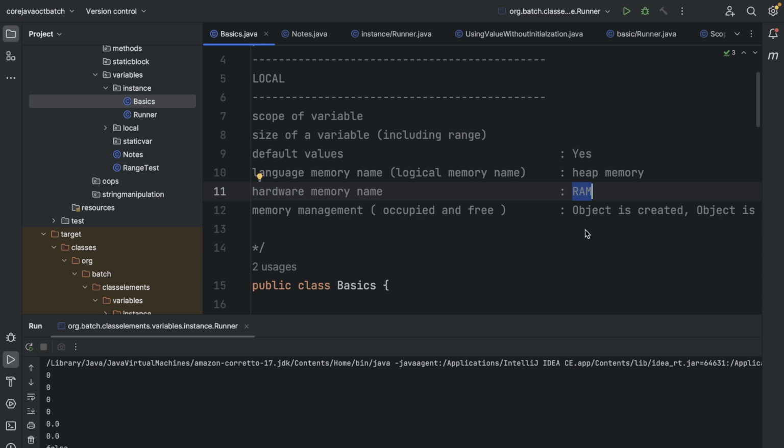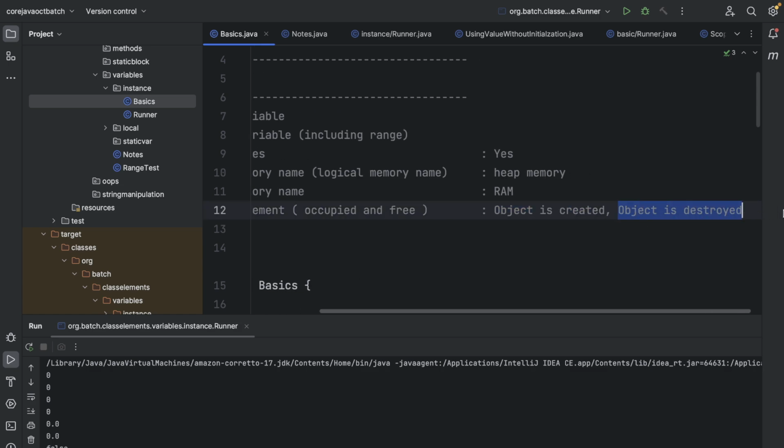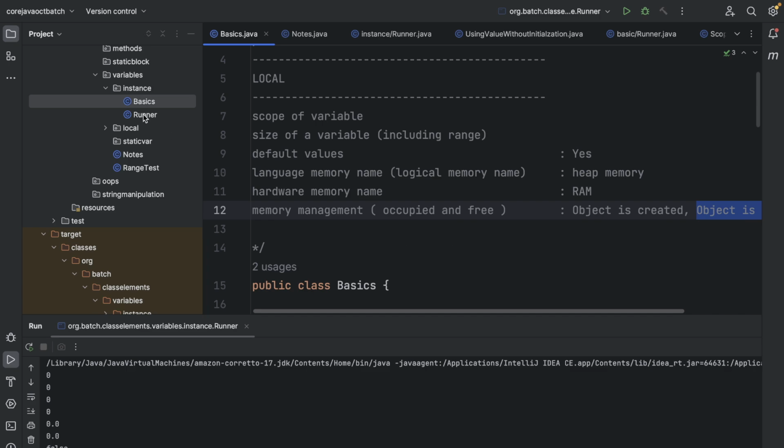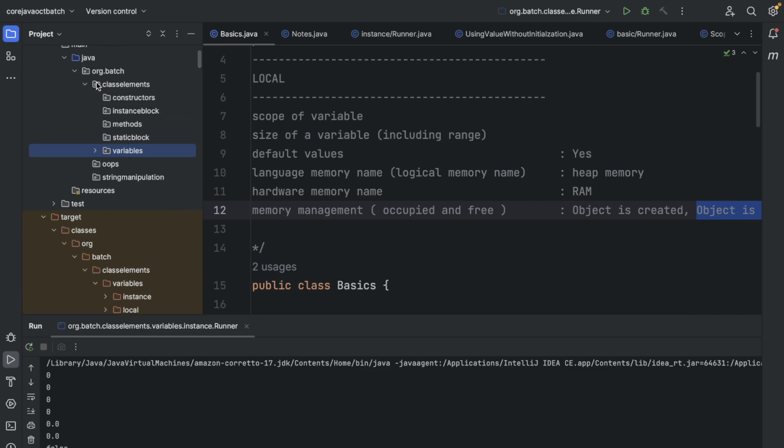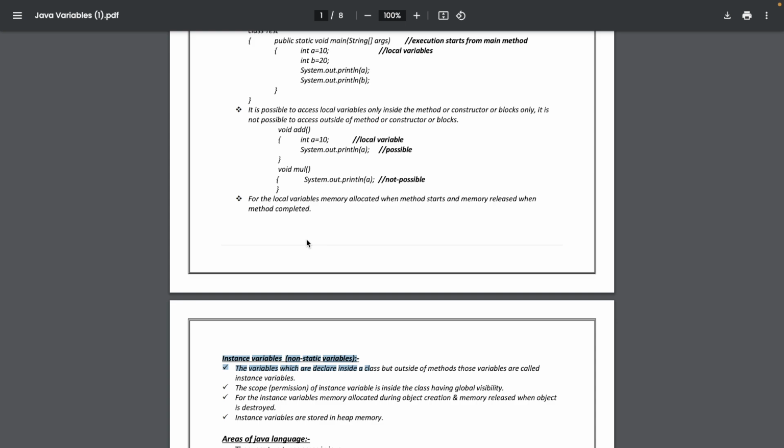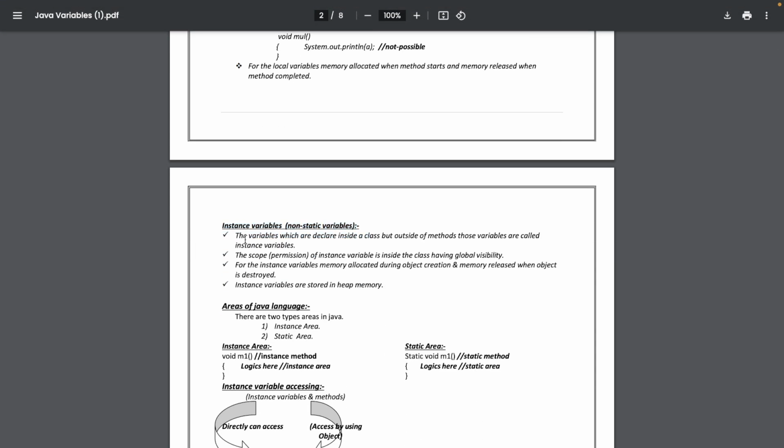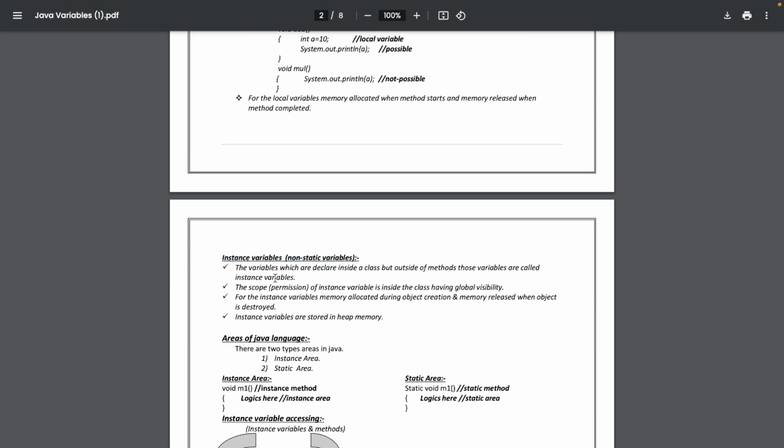Cool. Whenever we declare a variable, memory will be created when the object is created, and memory will be destroyed when the object is destroyed, right? Clear? Clear till now? So let's go to our notes, and over here we can see instance variable, and the variables which